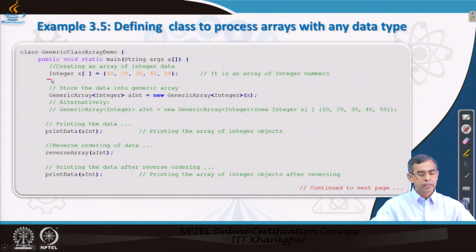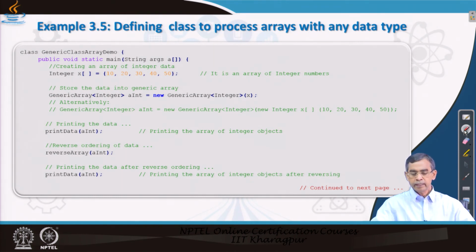So, here first we declare x as an array of Integer, and you note down we did not declare it as int x, rather Integer x. That means x is an array of integers of course, but here integers are treated as objects. So, in order to declare that object of integer array, we use this declaration. So, that is the thing that you should do in case of a generic class. You always have to declare an array of objects instead of an array of primitive type.